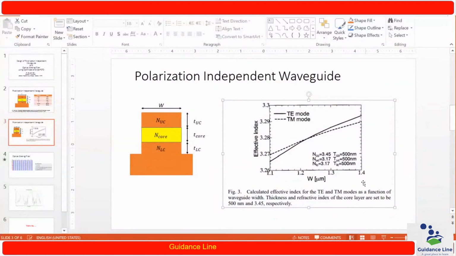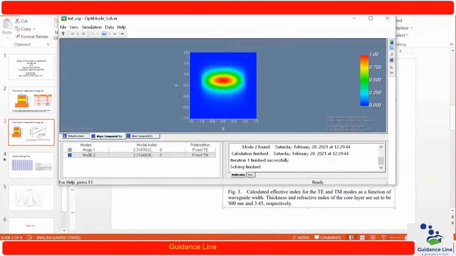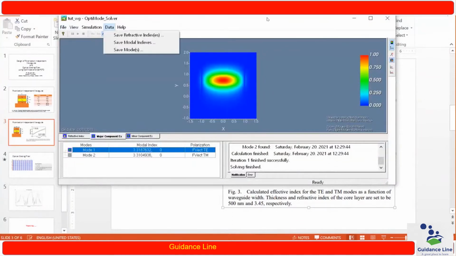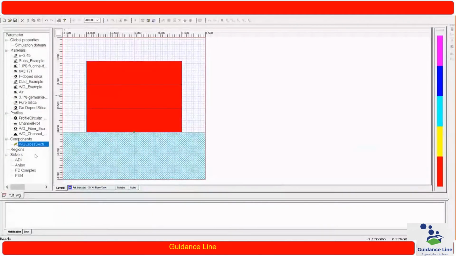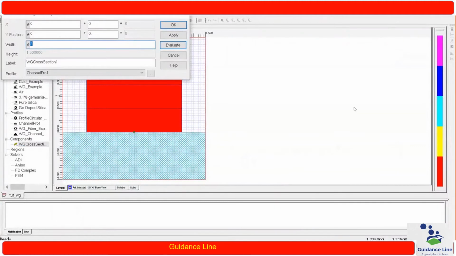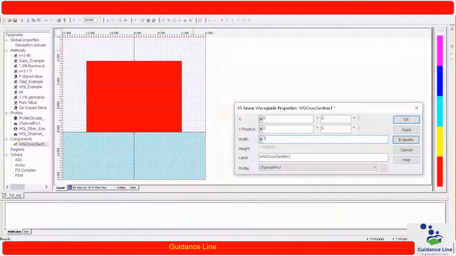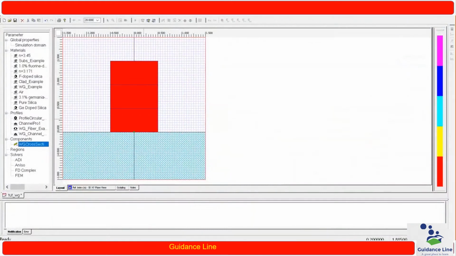Okay, so as here the waveguide width is 1.4 and we have selected a waveguide width of 2, the maximum modal index over here is around 3.29. Since we have selected a waveguide width of 2, we got a modal index of 3.318. So this is the initial thing which we have done. Now suppose I modify the waveguide width to 1 micron. Over here we have a waveguide width of 2 microns. Suppose I modify it to 1 micron, then